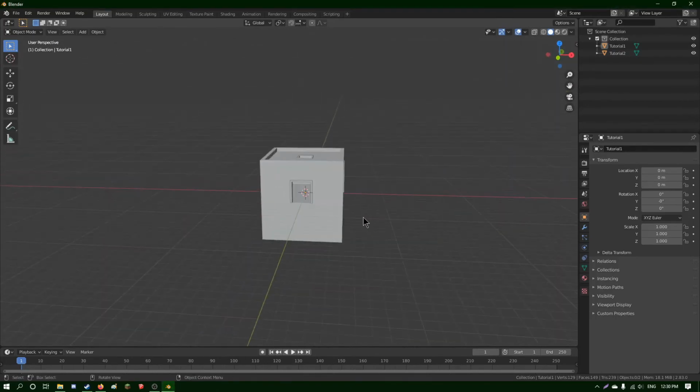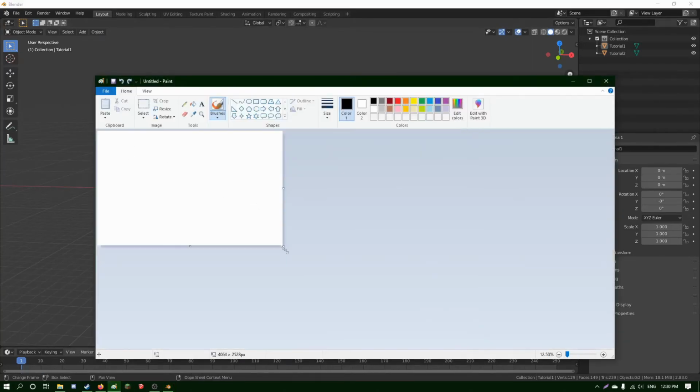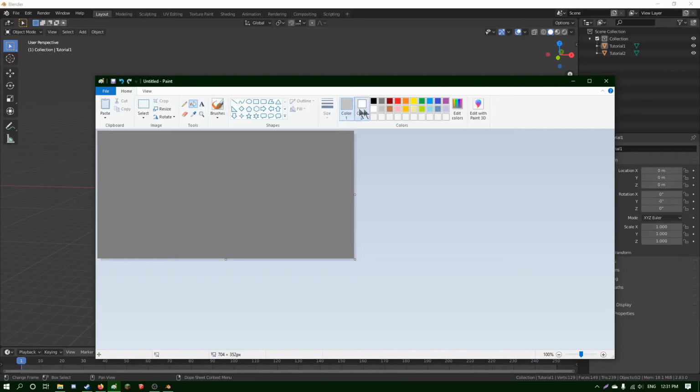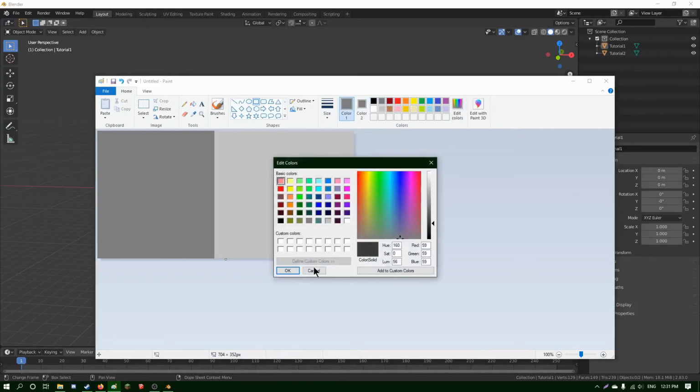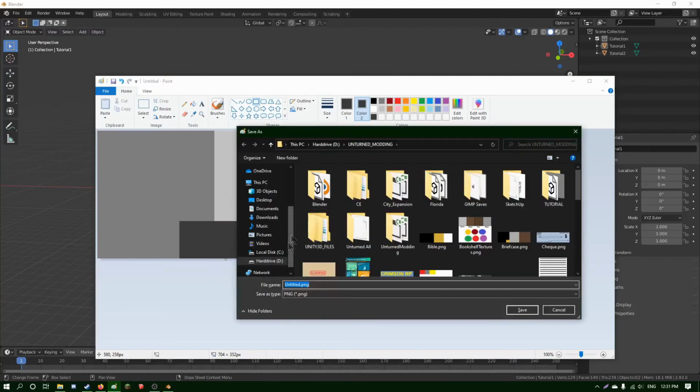So now what we can do, I'm gonna just open Paint right here, just to make a quick texture. So I'm gonna make it gray right here. I'll take the light one. And I'm gonna make, let's go for a really dark gray here. I'm gonna edit it, and here we go. And then here, I'm gonna put it right here. I'm gonna save that